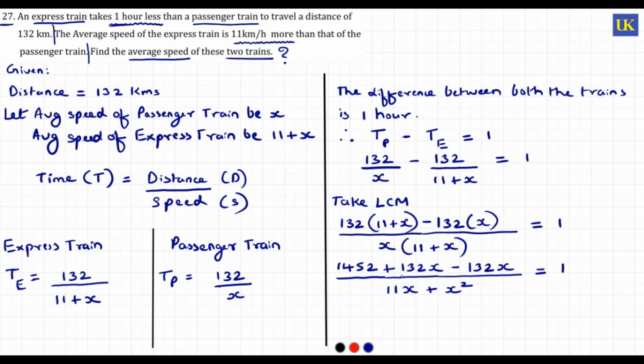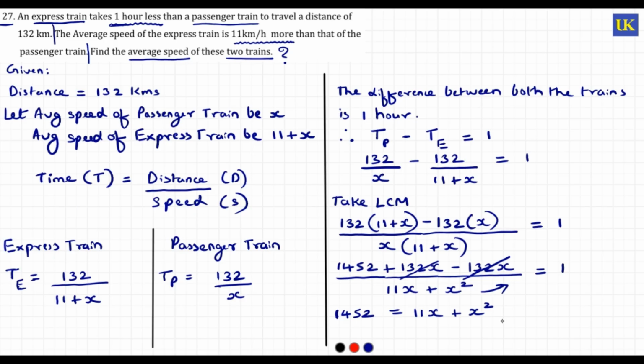Now see here, plus 132x minus 132x, so I can cancel these two things. And 11x plus x square I will transfer to the other side of the equal sign. So division will become multiplication. So here 1452 is equal to 1 into this thing, which means it will become 11x plus x square. Okay, now